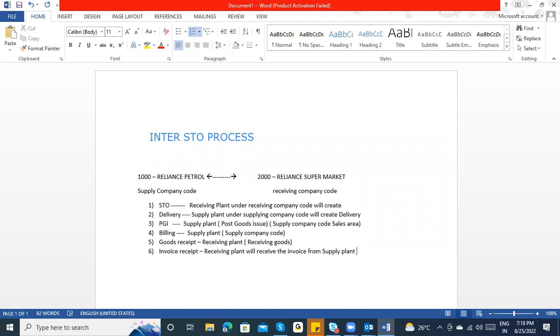So here it is already clearly mentioned: in the inter STO, even if both company codes are in my group, that means under the Reliance group, their business entities are different. It is legally a buying and selling concept. Okay, so if you see here, the delivery, PGA, billing, generally these will be raised by supply company code. That means on their side they are raising the billing, and from our side, STO, goods receipt and invoice receipt. Then after that, payment